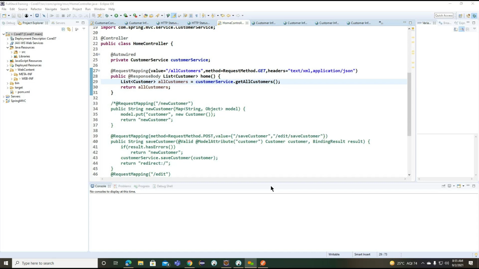The Postman related example also we are going to discuss in tomorrow's session.